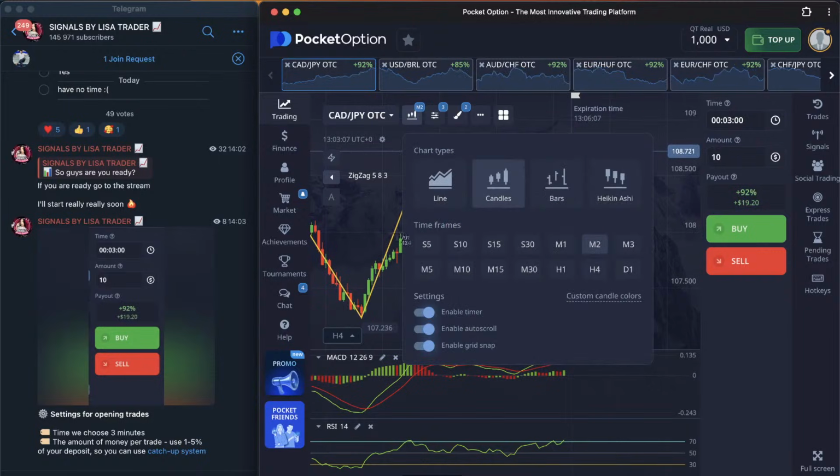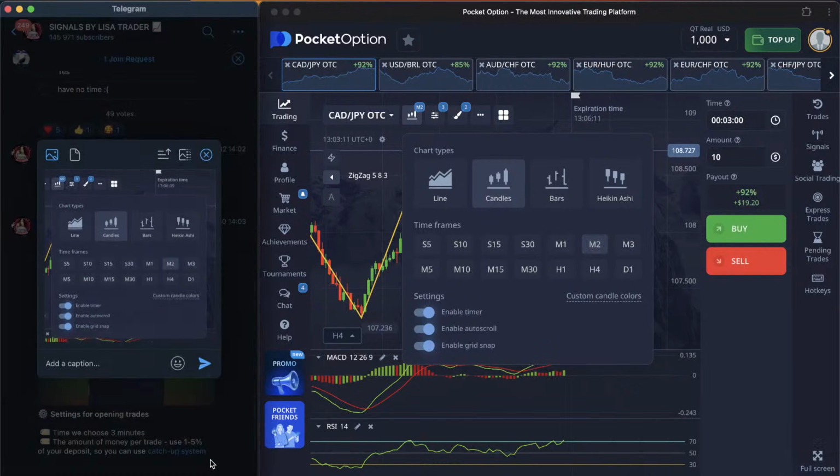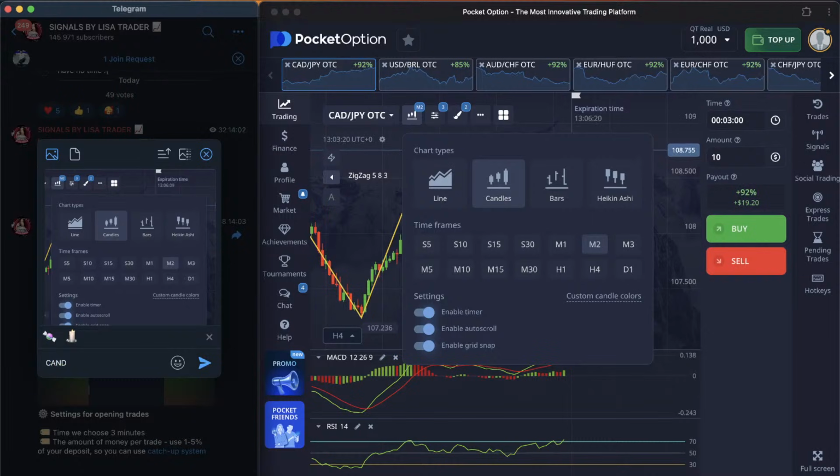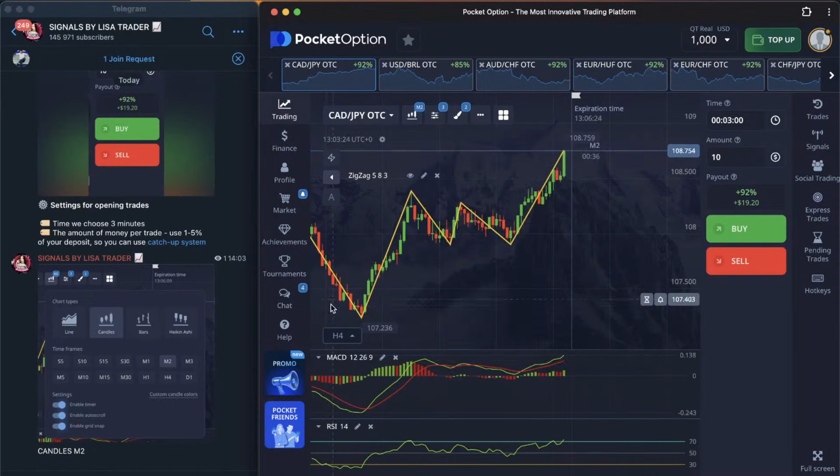of everything. First of all, the expiration time is going to be 3 minutes. Amount of money per trade, use 1%. It's better to use 1%. Then candles aim to. Wait a second, I'm going to type it with capital letters. Candles aim to, perfect. And for the indicators,